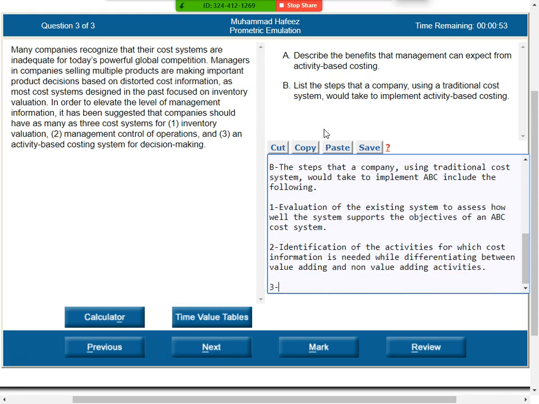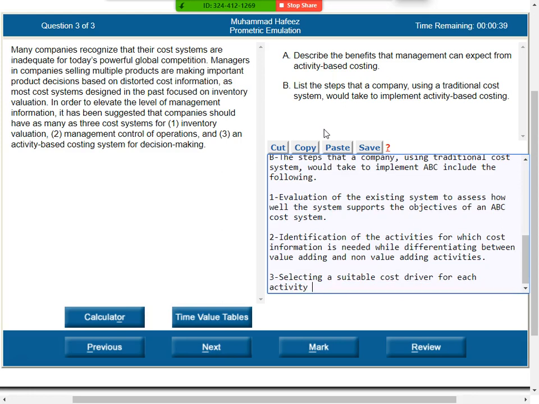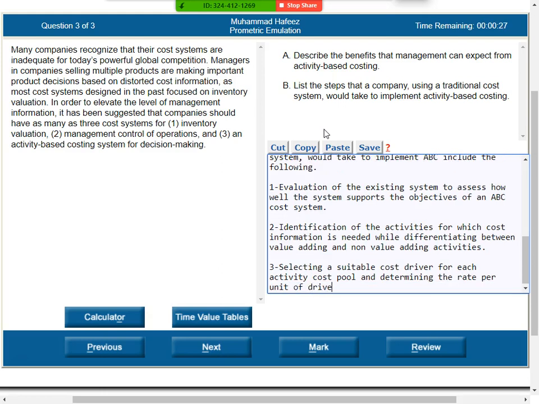3. Selecting a suitable cost driver for each activity cost pool and determining the rate per unit of driver. That is rate for setup cost per setup, material handling cost per unit, shipping cost per shipment,